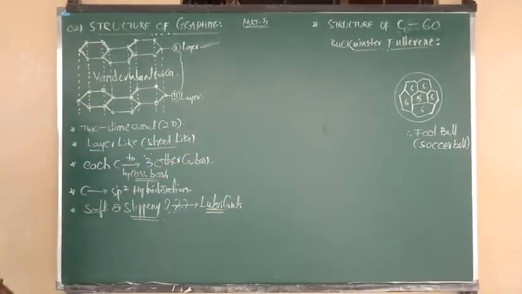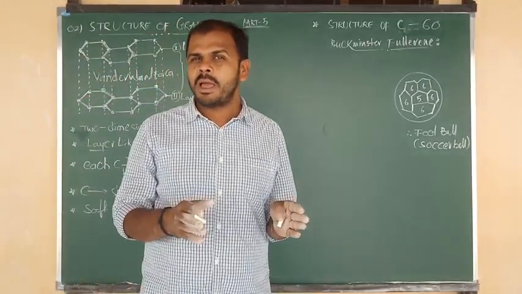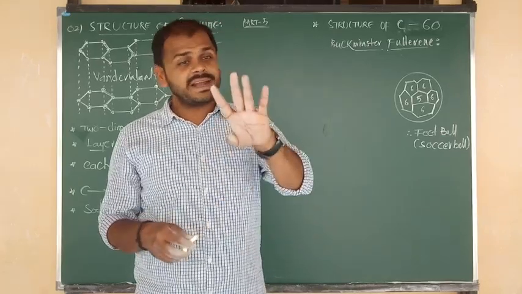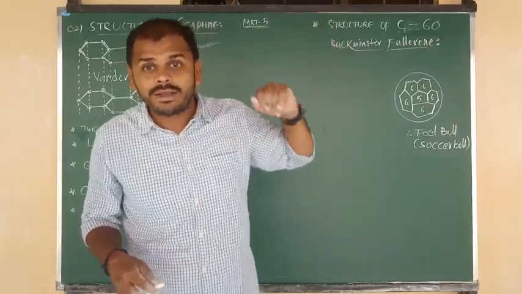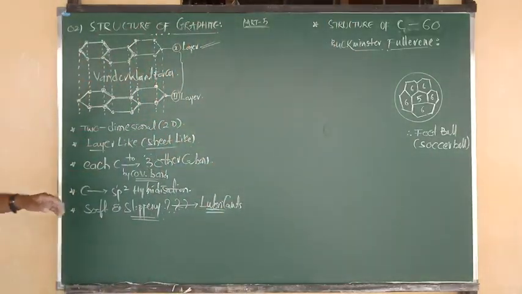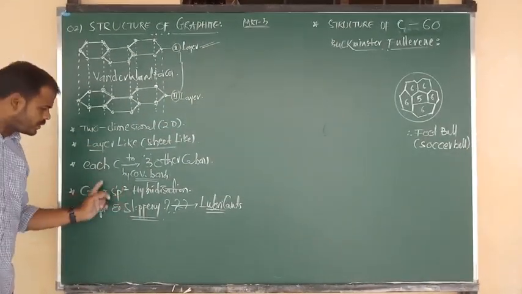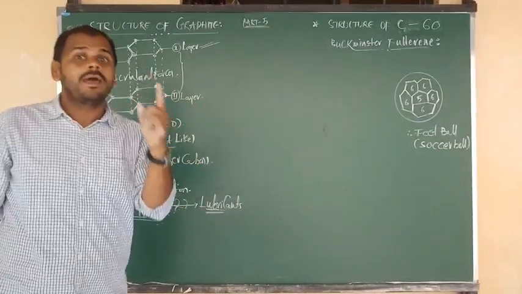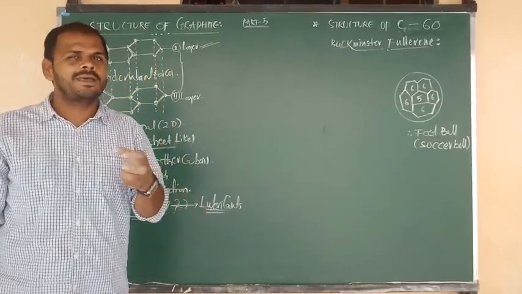Good. Now another point I am going to tell you: what about conductivity? What about the conductivity of diamond? I have said clearly, diamond is a bad conductor of electricity because the hybridization is sp3. Carbon is tetravalent. All 4 electrons are involved in sp3 hybridization in diamond. But in graphite, carbon undergoes only sp2 hybridization, so 1 s orbital and 2 p orbitals, total only 3, but carbon valency is 4. Means in graphite there will be one free electron. Such a free electron is responsible for carrying the current.